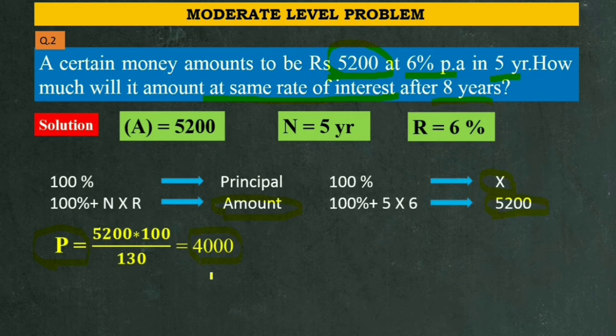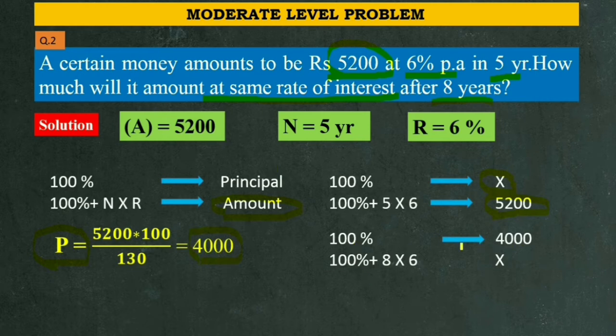So after getting the value of the principal, now we will apply it in the second condition for calculating the amount. Okay, so all we have to do is simply apply the same equation. We will consider 100% as the principal. In the second case, we have calculated the value of the principal, so I have taken it as 4000. Now we don't know the value of the amount, because for 5 years the amount is given, but for 8 years we have to calculate the amount. For 5 years the principal is not given, so we first calculated the principal. After that, in the second case, the principal we have calculated and we have to calculate the amount, okay.